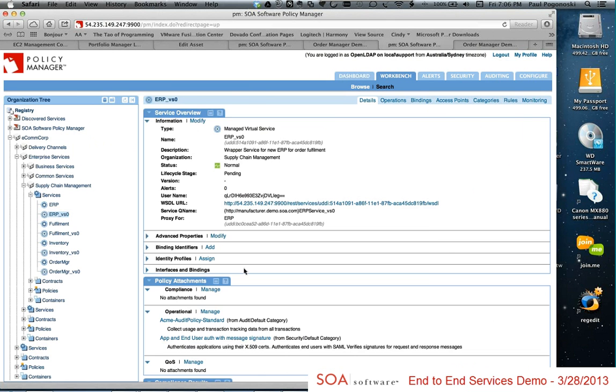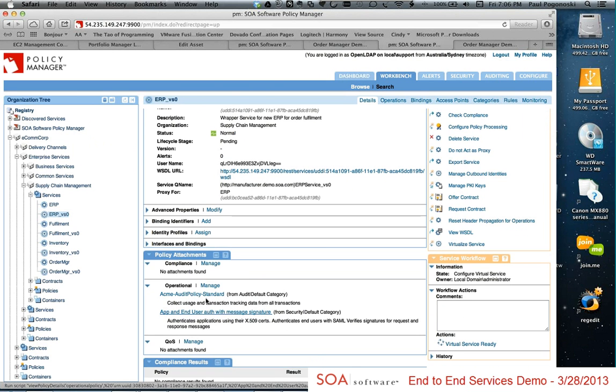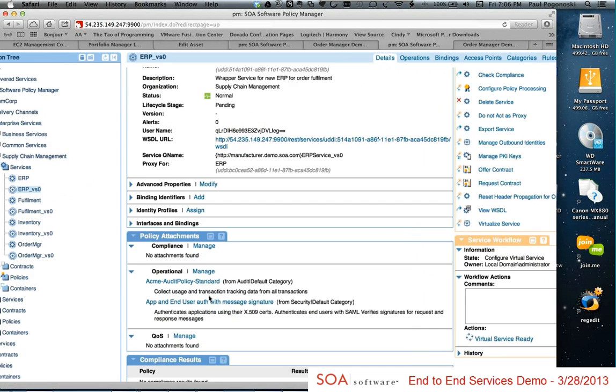Come back to our virtual service, and now the policy's changed. So that's how simple and quickly it is to set up a one-time only definition around the policy mapping and have it flow through